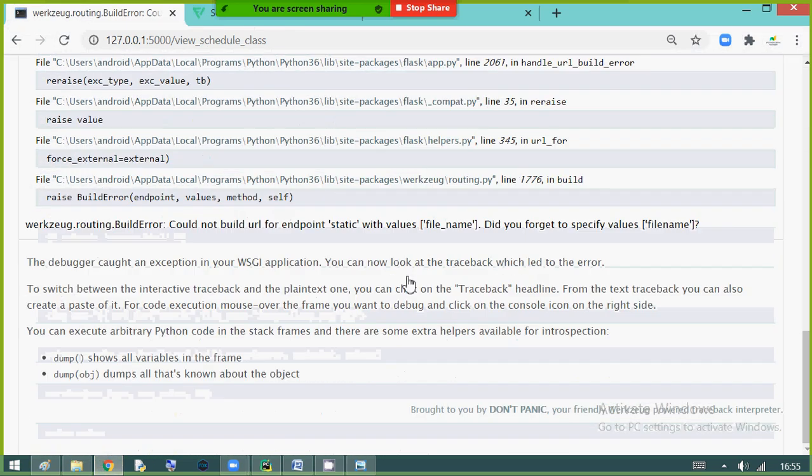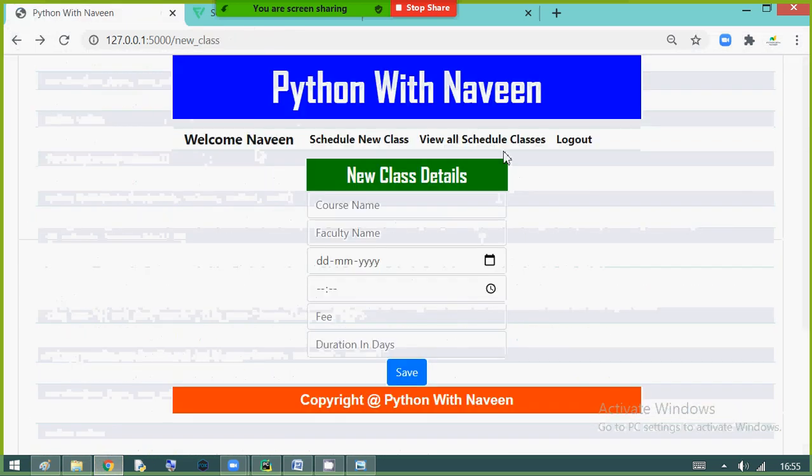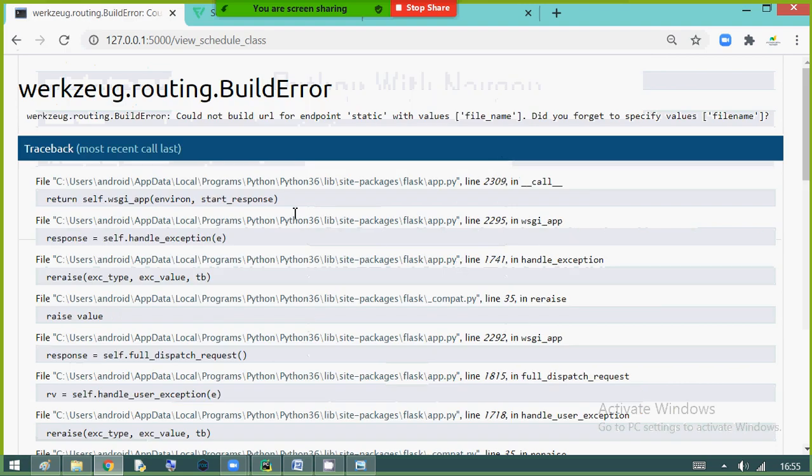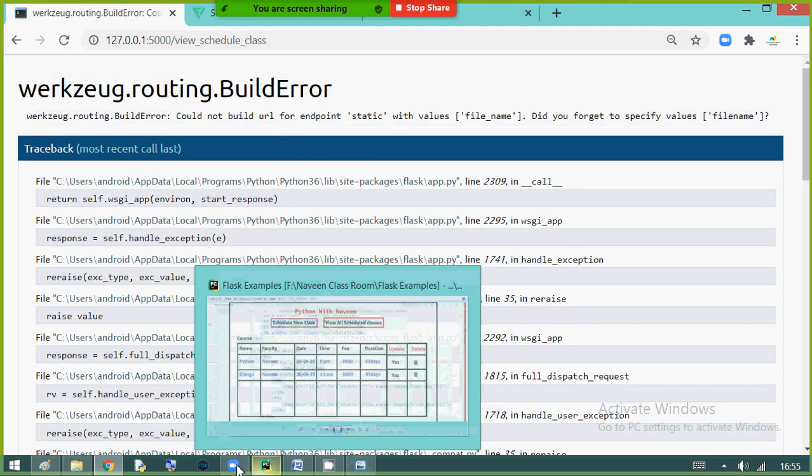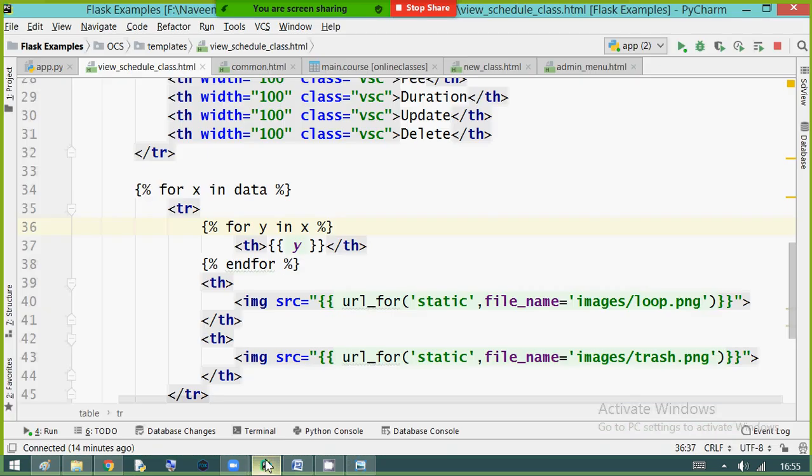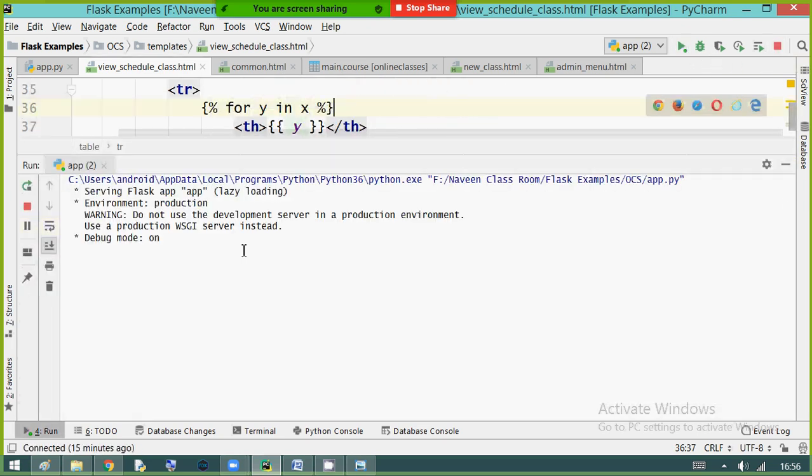Something went wrong. Static spelling mistake, most probably. Static is already loaded. Let me rebuild one more time.